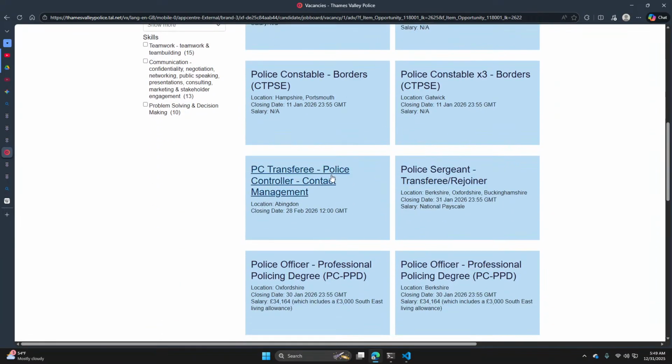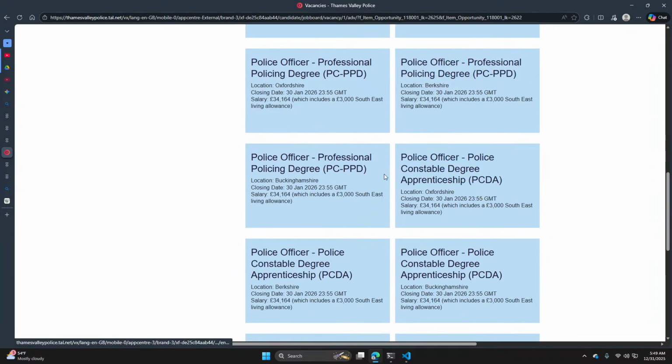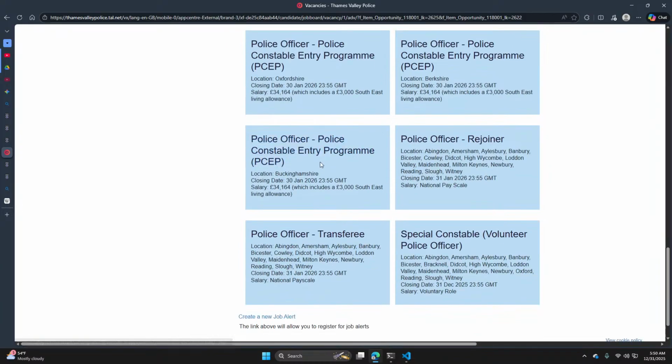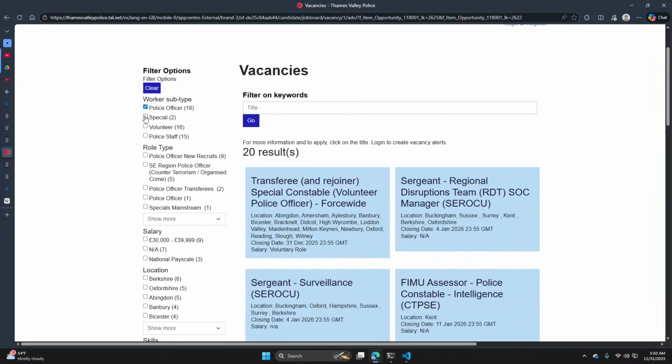Surveillance, police officer, professional policing degree. Okay, but do I actually need a degree for this? Police officer rejoiner. I don't get it. This is interesting language here.